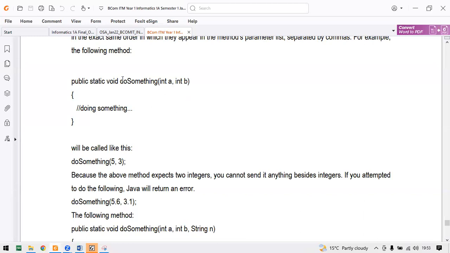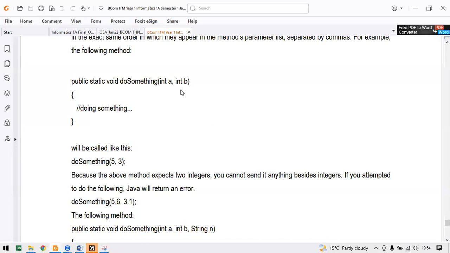So whenever you want the addition of this in your code, you don't necessarily need to start to declare int a, int b. You simply say do something, then you open your brackets and put maybe 10 or 15, maybe 5 or 3, maybe 20 or 5. You don't necessarily need to say int 5, int 10.